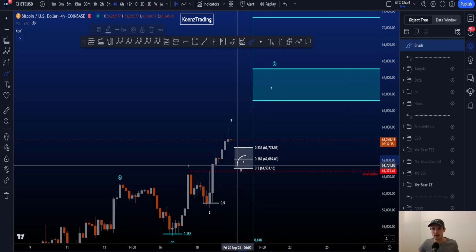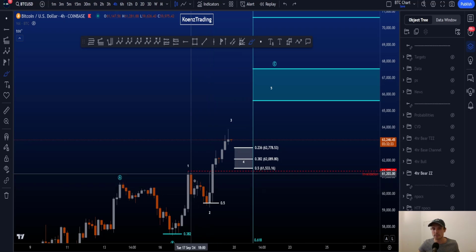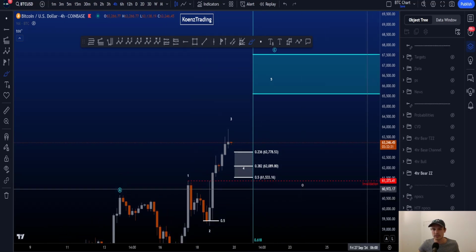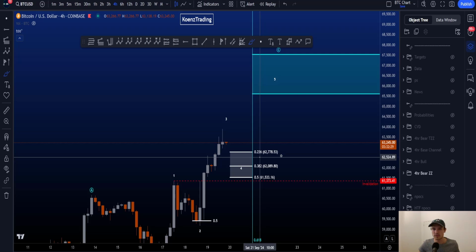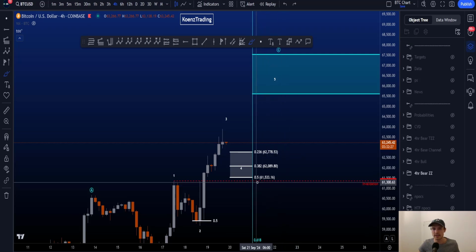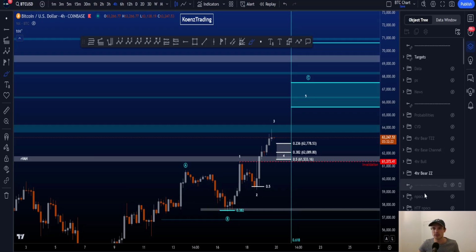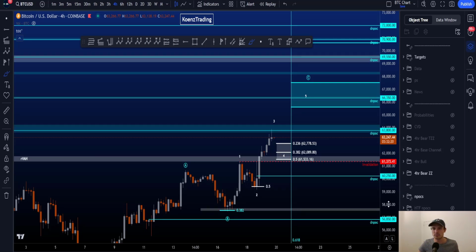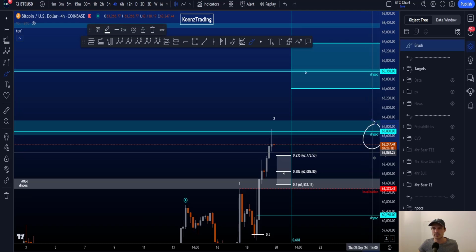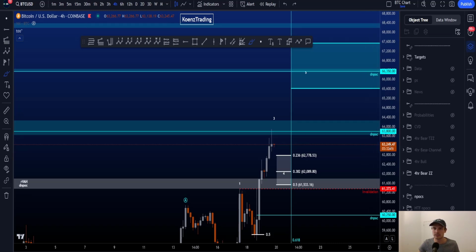Most commonly, a wave 4 is longer in time than a wave 2. Now currently the common target for your wave 4 is between 62.8k and 61.5k. Also good to know that we are currently hitting resistance, the blue box on the chart, more specifically the daily naked point of control inside the blue box